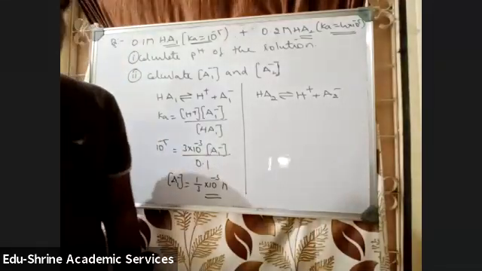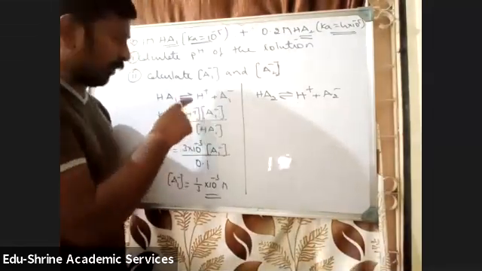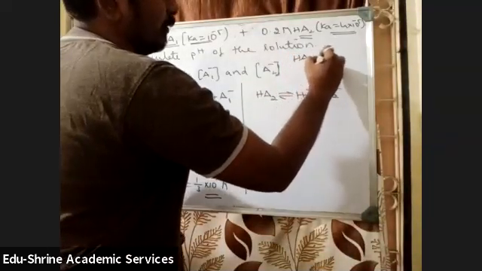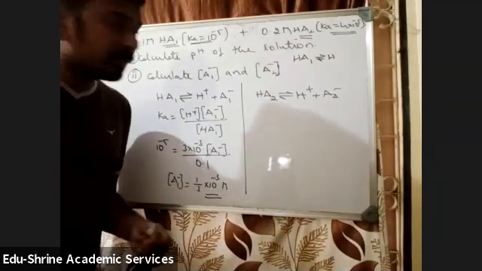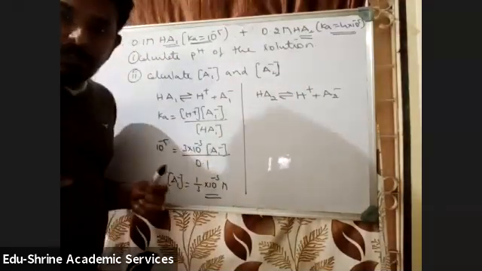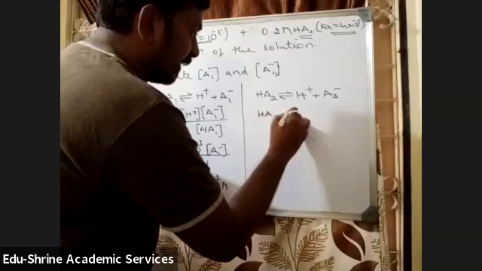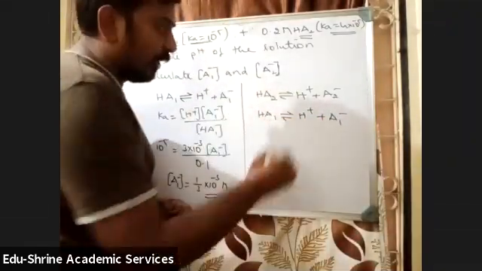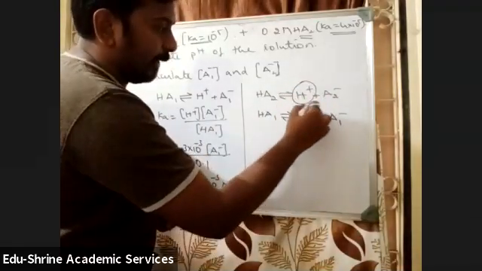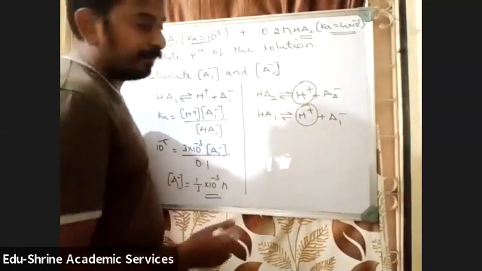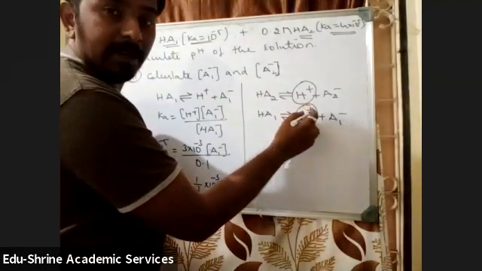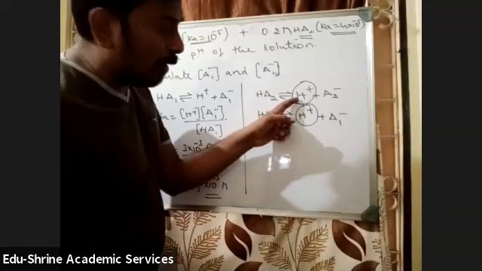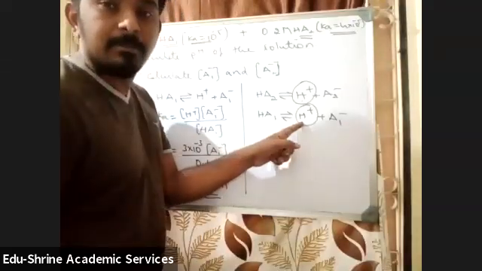For solution only. That becomes for solution total, because in the solution both are present. HA1 gives rise to H plus. Good doubt it is. There are both acids, HA2 as well as HA1. You will get H plus plus A1 minus. So H plus ion concentration will be from both the acids, and you can see here there will be common ion effect of this H plus on this H plus, as well as common ion effect of H plus on this H plus.